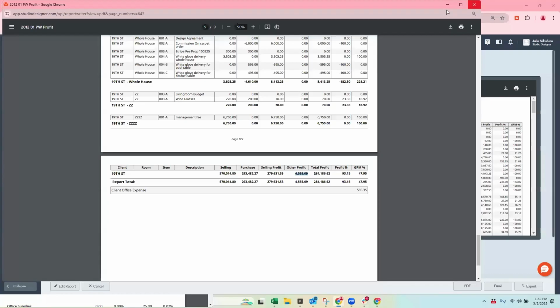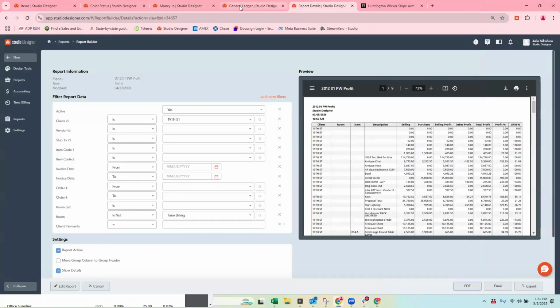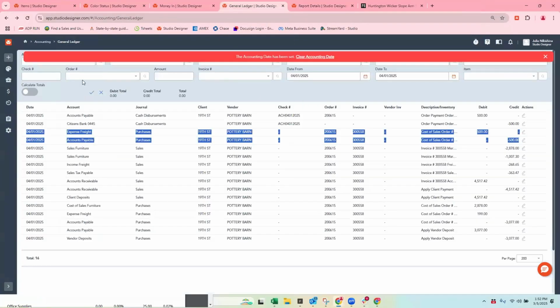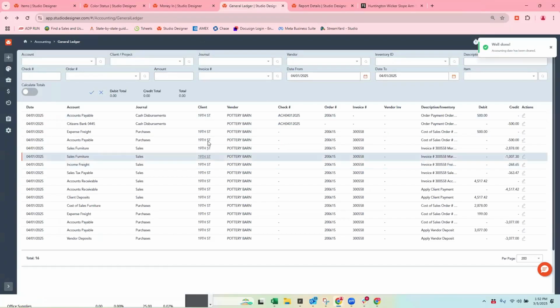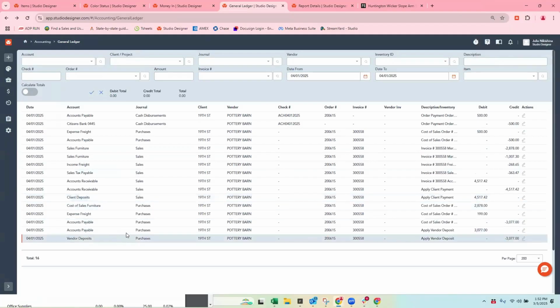If you ever have questions, support is obviously a really great resource. And though it may be confusing, this general ledger screen can potentially begin to give you insight as to what's happening on the item level every single time you perform an accounting task. An accounting task is anything having to do with money in, money out, purchase orders, and invoices. So just in my opinion, just some best practices to keep in mind.